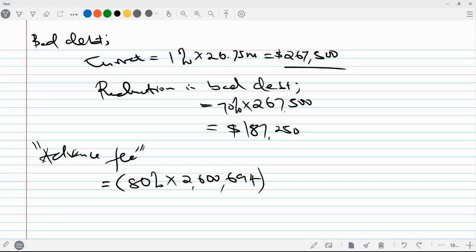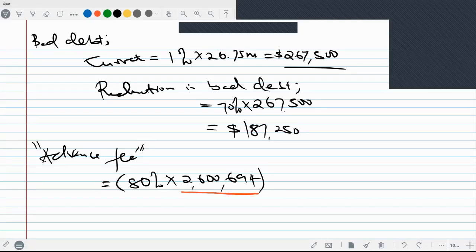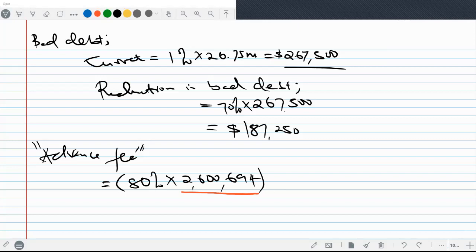If we do a stock take, if you do a valuation of the receivable balances at any point in time during the year, the average amount of sales that have been extended is equal to 2.6 million. So you have to be quite careful. It's not on the entire 26.75 million. The amount that is being advanced is 80% of the 2.6 million, the revised accounts receivable. So that's the amount being advanced.